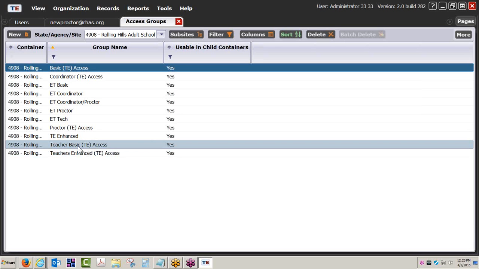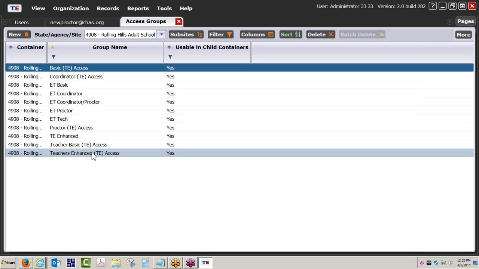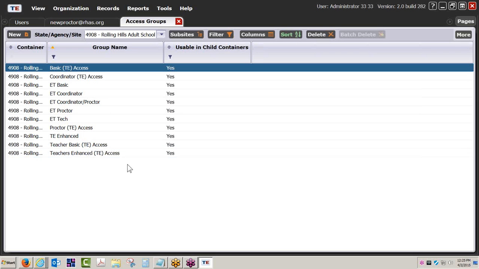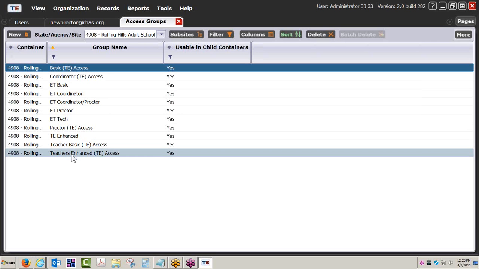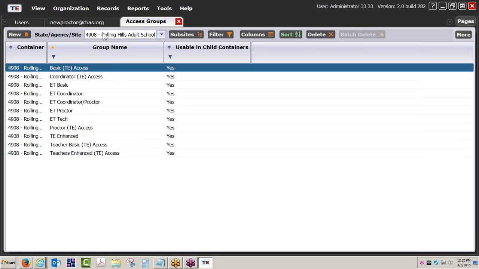These are pre-formatted access groups applied to your agency containers for which you can augment, you can delete them, you can copy them, rename them, but this is for your benefit to have a pre-configured access group,